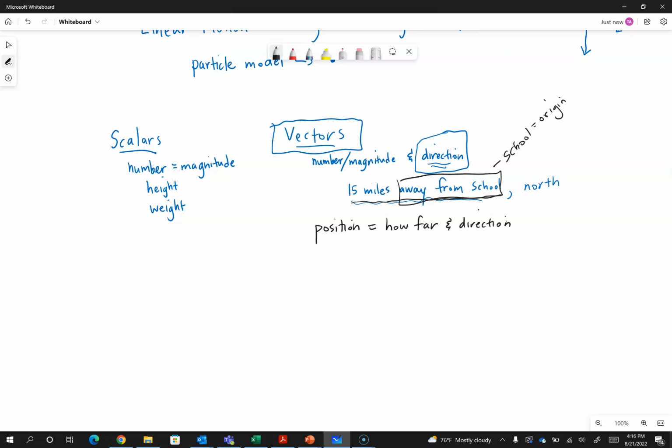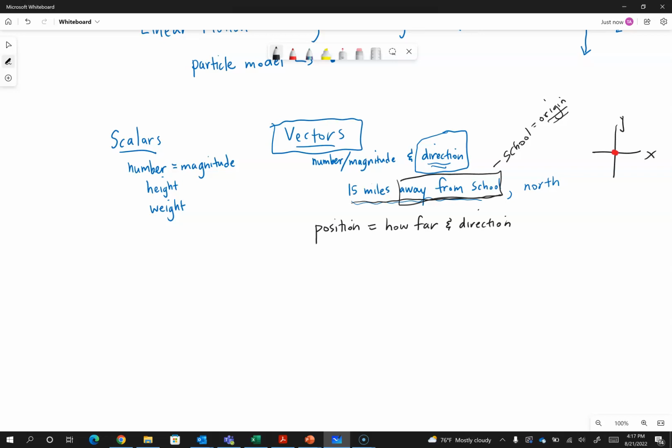So we're always measuring position from some sort of origin, from some sort of location. When it comes down to working with vectors fully, we end up describing directions in terms of a coordinate system. So you've all worked with coordinate systems. We have the x-axis, the y-axis, the origin, of course, being right there in the middle. We will be using a coordinate system with a specific origin in order to solve problems where we're talking about